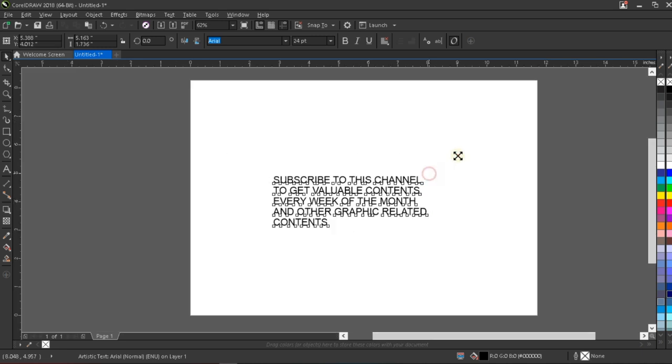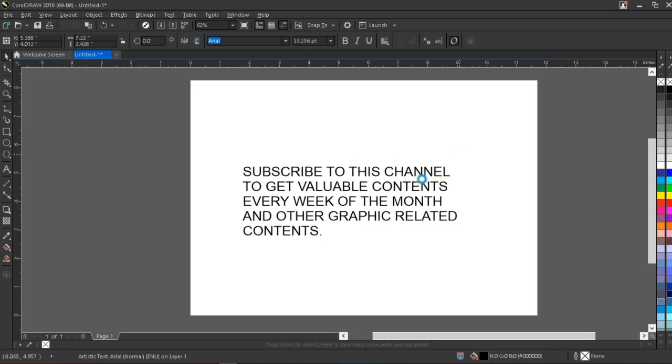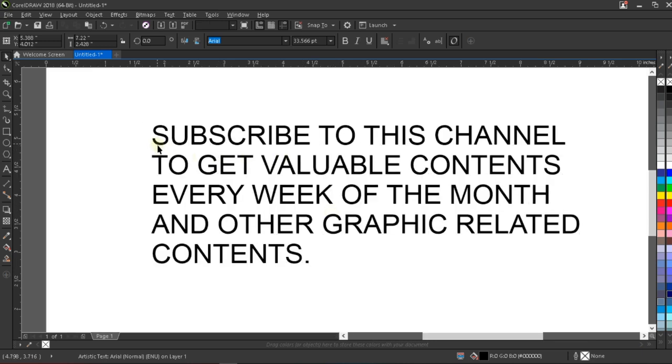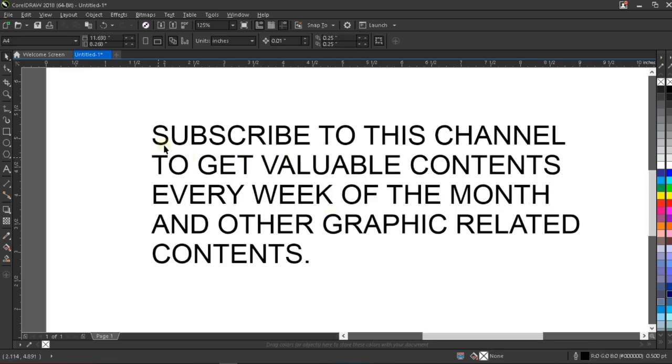Now, as you can see, this is the text we are using, and you said leading has to do with the distance between multiple lines of text. Now, looking at this point here where we have the S and the T, have you seen the distance? From T to E, then A to E, then C to A. The distance is what makes it